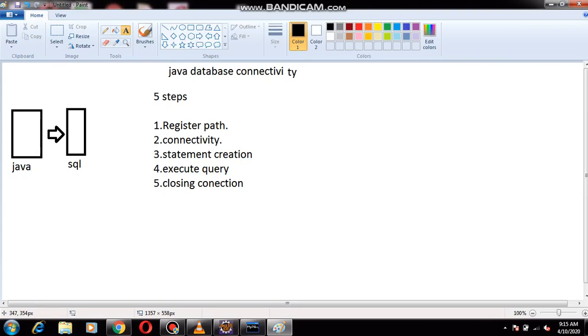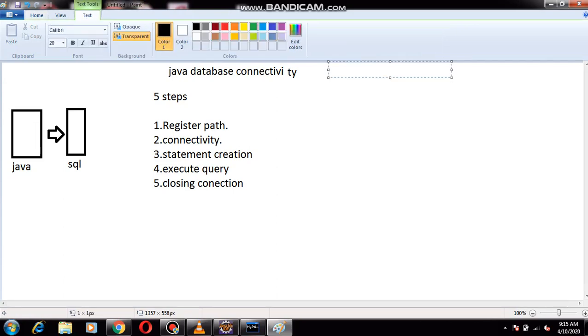We close the connection. Whatever connection we created, finally we have to close it. These are the 5 steps to connect Java and the database. These total 5 steps are included in which package? The java.sql package.